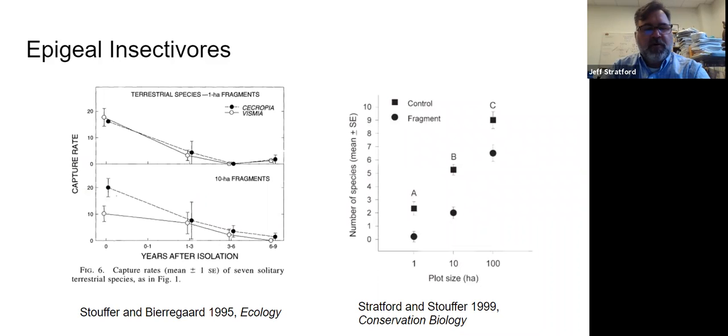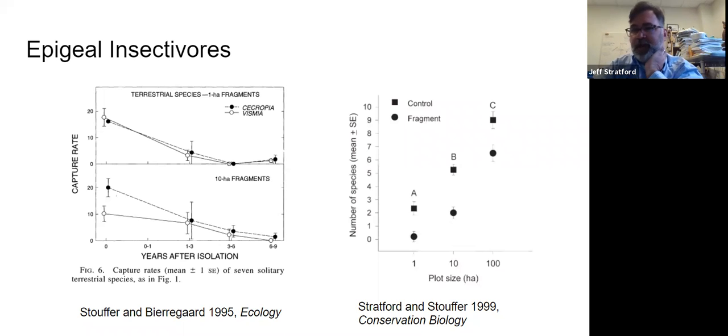So a number of years ago, Phil Stouffer and Rob Bierregaard started monitoring birds from year 0, as the forest fragments were created, and then followed them through time. So what they found was terrestrial insectivores are lost from 1 and 10 hectare forest fragments. You find about 10 to 20 species in any particular plot. But as you go through time, those forest fragments, once they become isolated, lose species and they don't really come back, right? So this is 9 years afterwards. I know that these are still being monitored, and many of them still to this day do not have most of those epigeial